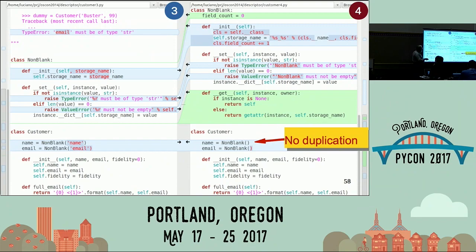In the other case, I use the built-in function getattr to obtain from the instance whatever is in that storage name. I don't need to use dunder dict here. I can use getattr. So now I don't have a duplication, but the problem is that